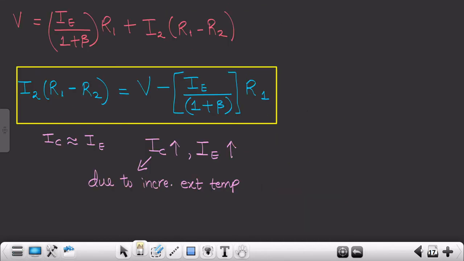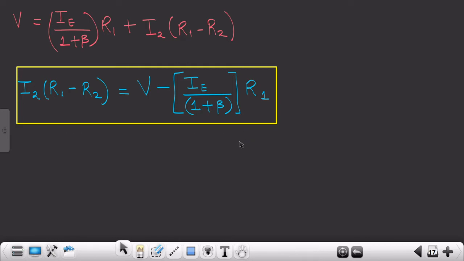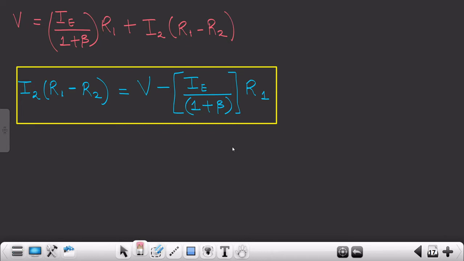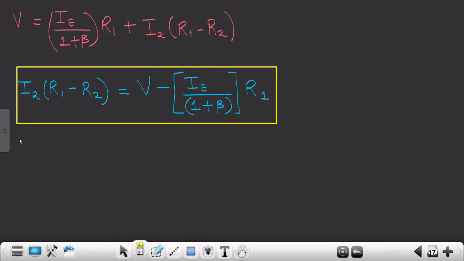Just a second, we'll obtain this relationship as well. Let me just clear all of these points. We'll try to understand these points theoretically. So, as IC increases due to increase in external temperature,